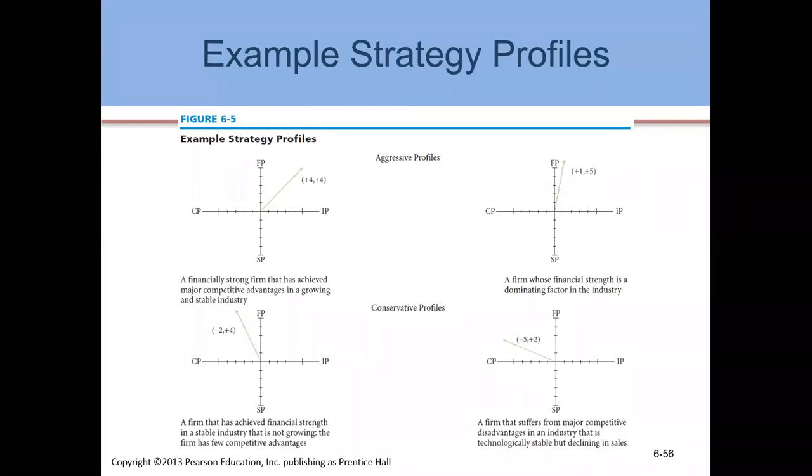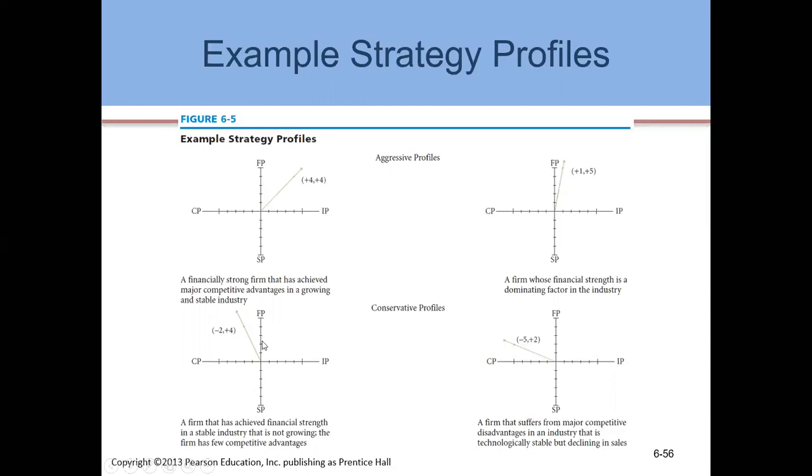Another example is +1, +5. This is again an aggressive profile, but we can see in this diagram that the direction vector is more tilted towards the other quadrant. In this case, the direction vector is in the middle. In this case, the tilt of the vector is more towards this quadrant. If the slope of the vector is more towards the other quadrant, there would be an overlapping of strategic choices. That was the reason we could see repeated strategies given in all four quadrants.